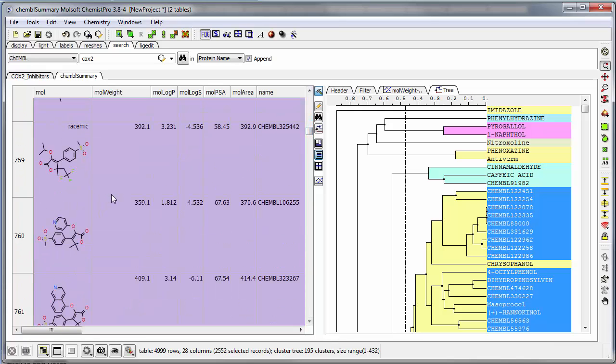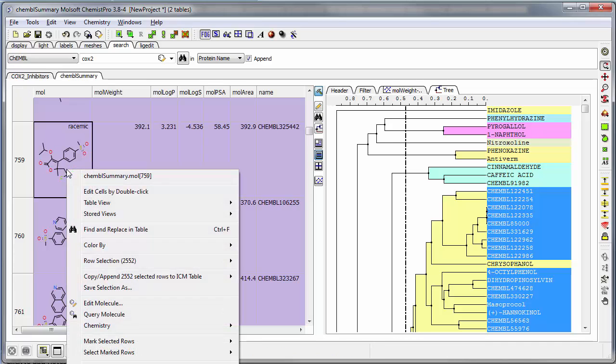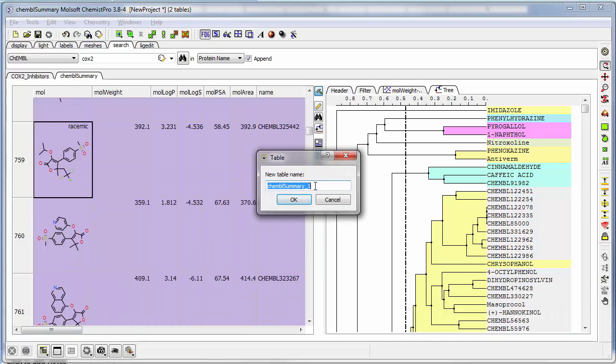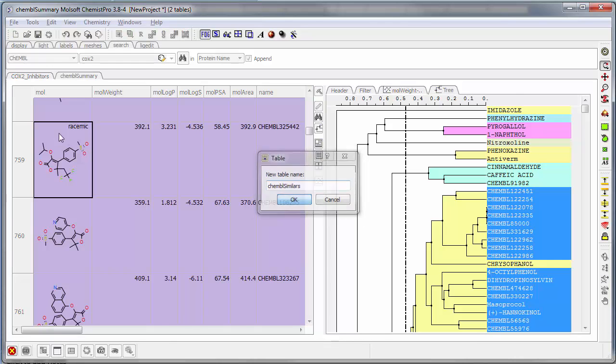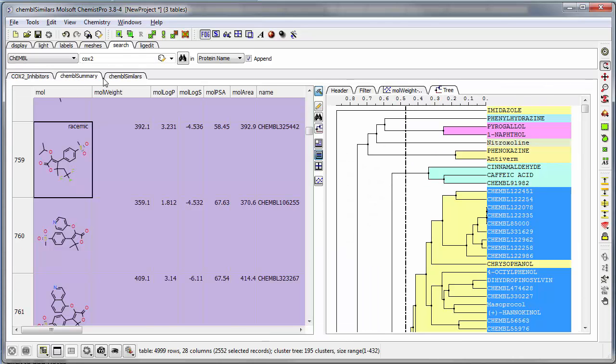So we can right click and choose copy selected rows to table, new, and we're going to say ChEMBL similars. So it's a new database. So this is a smaller database, and we can then